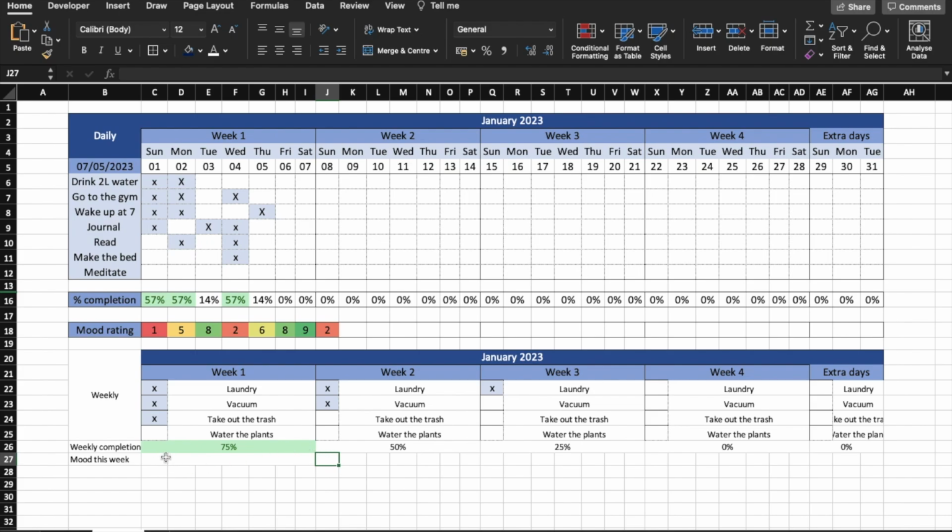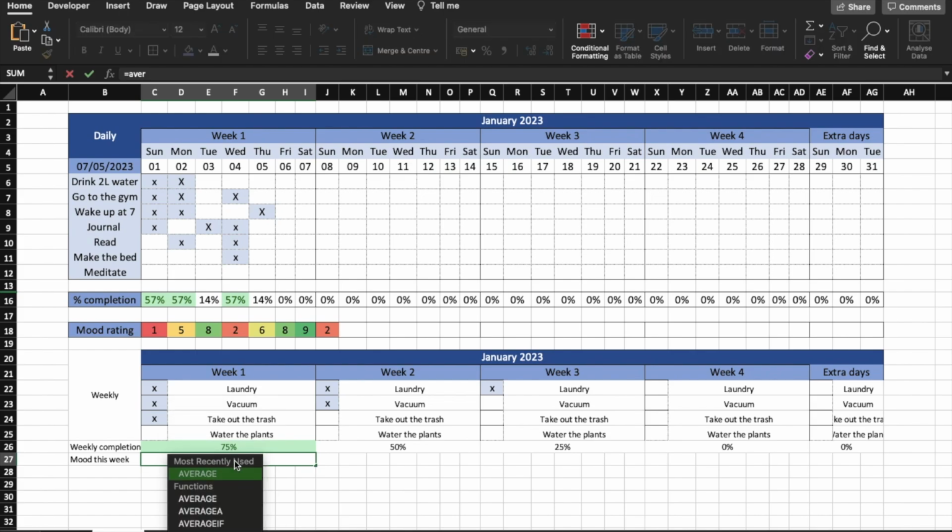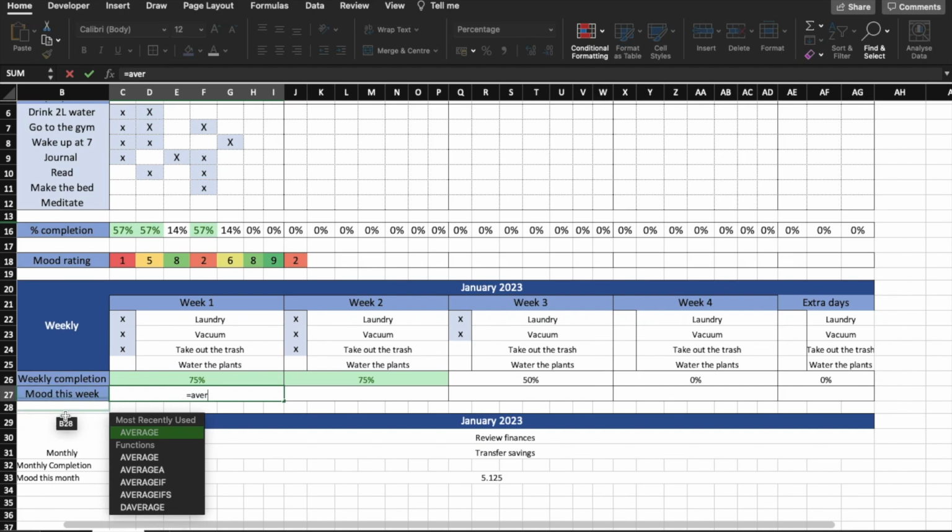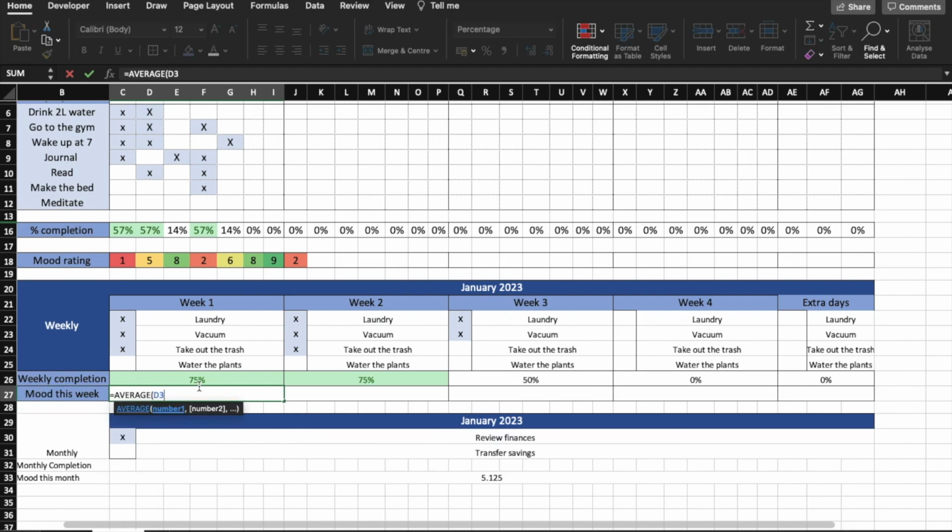For the moods this week, we're going to just select all of the cells. And again, we're going to merge them together, so it's a little bit nicer and it's taking the full week. And then we're going to do an average if, or an average. So you can do an average if this week is equal to the week previously. What I'm going to do here is just do an average. So I'm just going to select average here. And then I'm going to select all of the